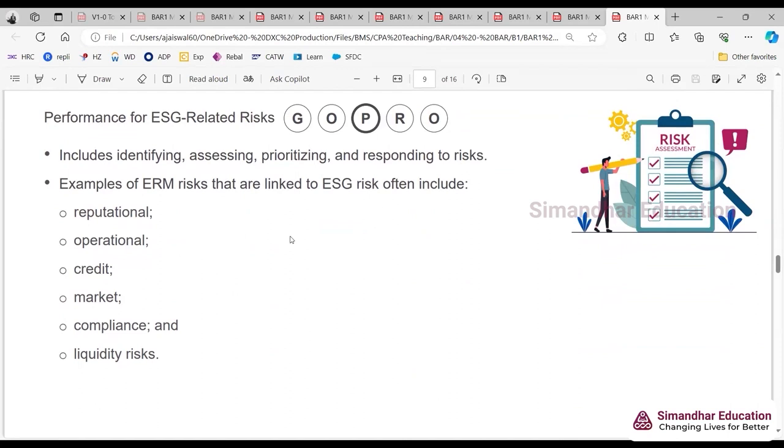So risks associated, obviously reputational. We again and again talked about reputational. Operational risk can also be there. Credit risk can be there, that in the market the vendors may not be willing to do business with us on credit, because if we are not looking at the ESG model, they may think that we may be a fraudulent company. Liquidity risk, etc.